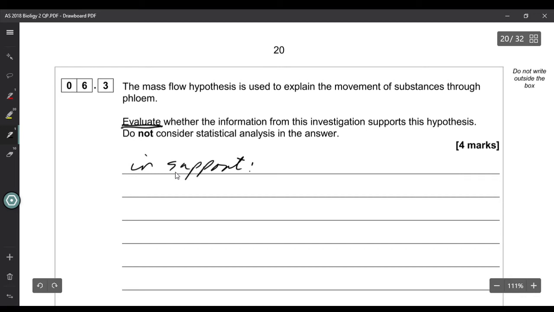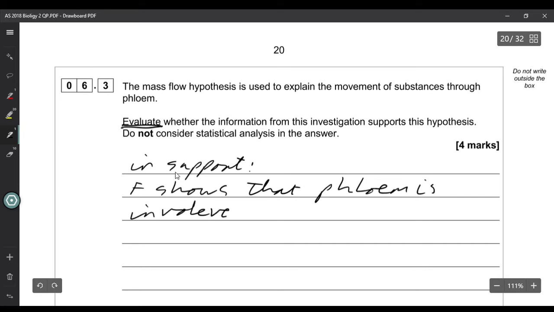that F shows that the phloem is involved. Because when the phloem's been removed, we can see significantly less roots that are grown with substance X applied. And G shows